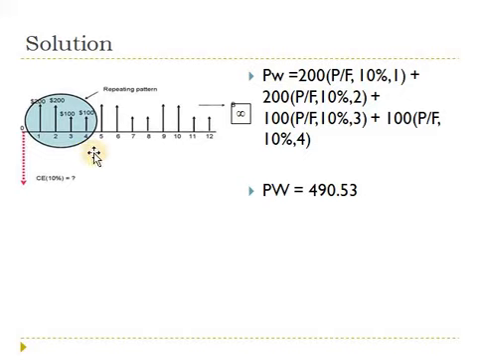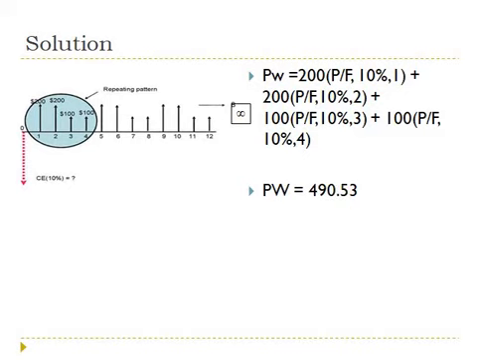So normally I will get the present worth. What is the present worth of this 200? It's far away by 1 period, so it's a future value. So I will say P equals F. This is the first 200 into P knowing F, 10, 1, far away by 1 period. This second 200 is far away from the present by 2 periods. So I will say plus 200 into P knowing F, 10, 2. Same here, far away by 3 periods. So 100 into P knowing F, 10%, 3. And this is far away by 4 periods. So I will treat each arrow as a future value, and I will get its present value. The total present worth will be